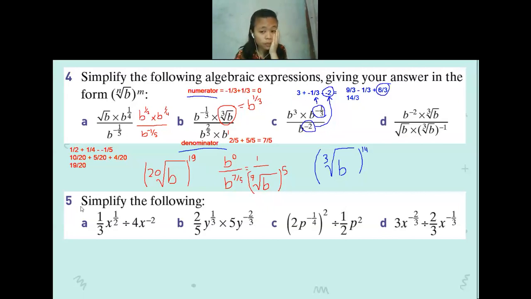No question? Okay. If no one has any question, let us simplify question D. We have cube root of b. Cube root of b, we can make it as b to the power of how many? It will be b to the power of how many by how many?